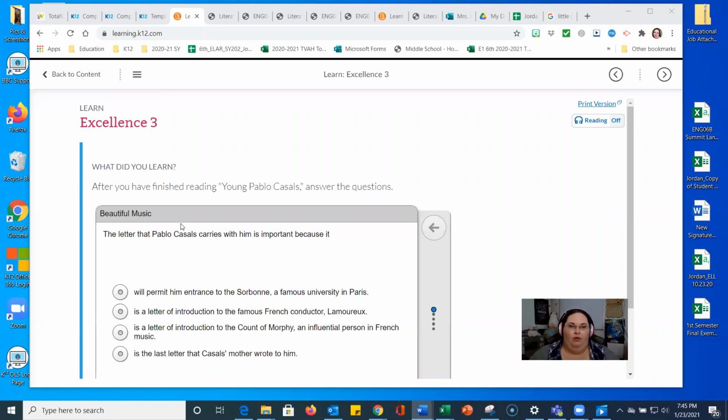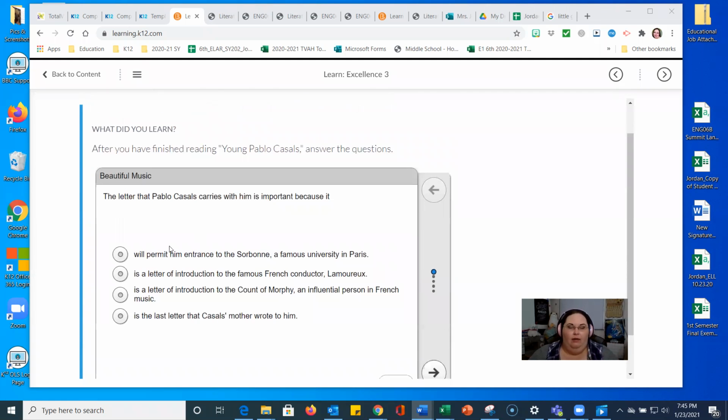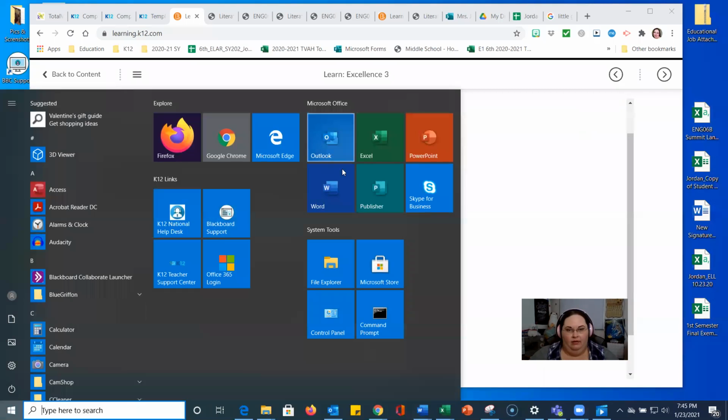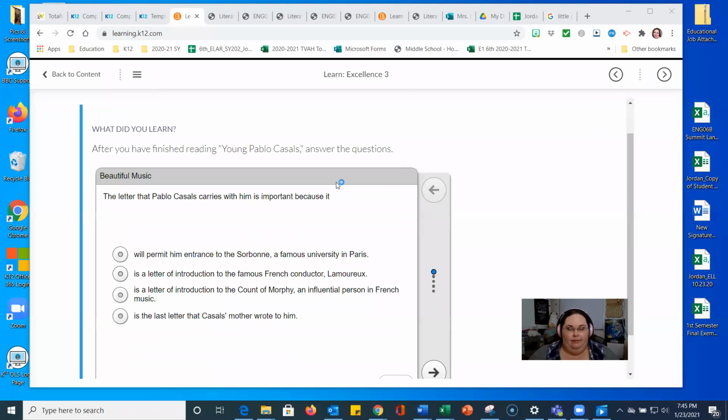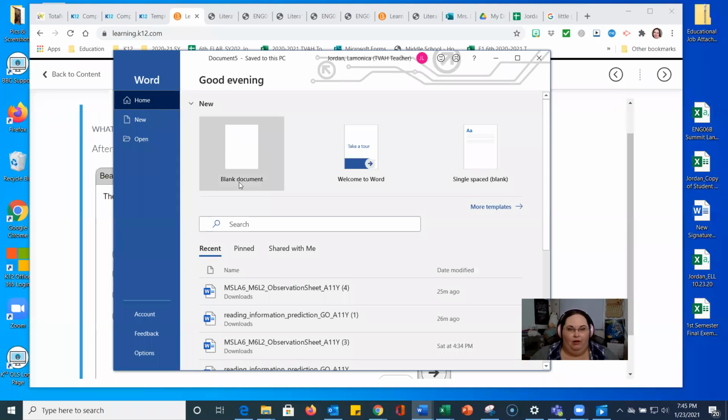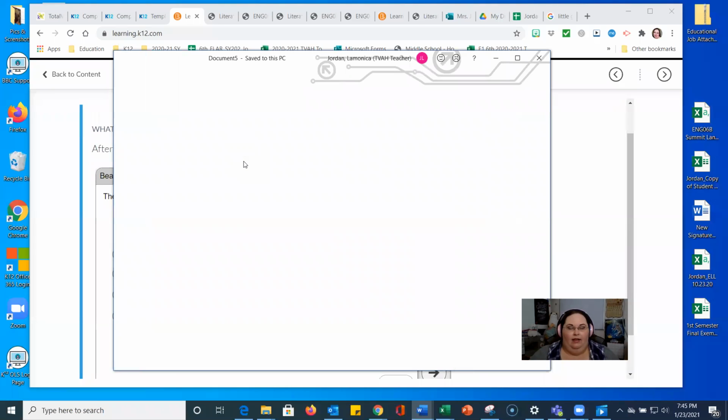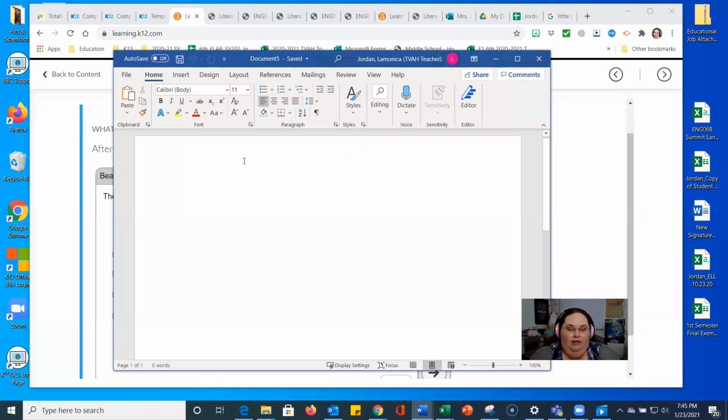Okay, so when we come to these, as you know, anytime you see multiple choice questions, you need to open up a Word document. I'm going to open up over here on this other side. Let me move it to where you can see it, so you can see exactly what I'm doing here. Okay, so when it opens up to this, I like to click on a blank document. I'm going to title it